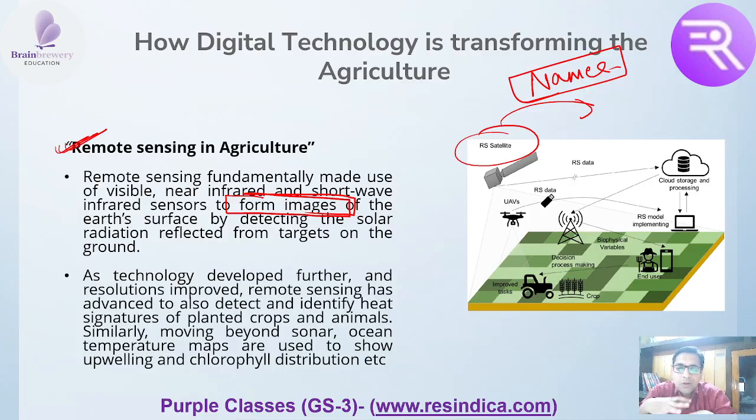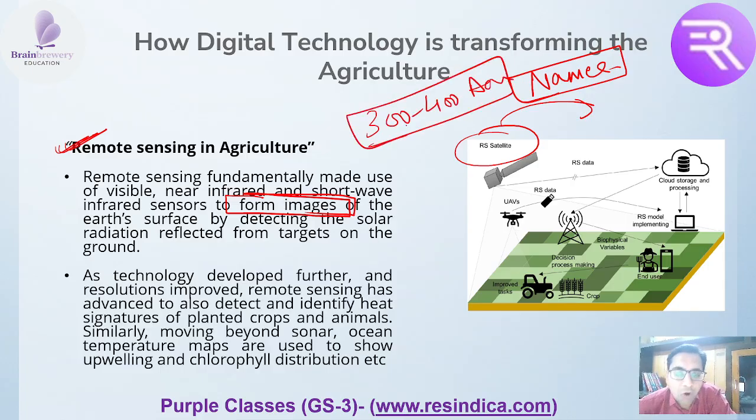You will not be able to understand just by going over there, but if you have something on top and a satellite is sending you a picture of all these things, you will be properly able to find out which places need what type of things. If you have 300, 400 acres of land, you cannot go to each and every corner of that field and find out what the problem is. You have to utilize the technologies, right?